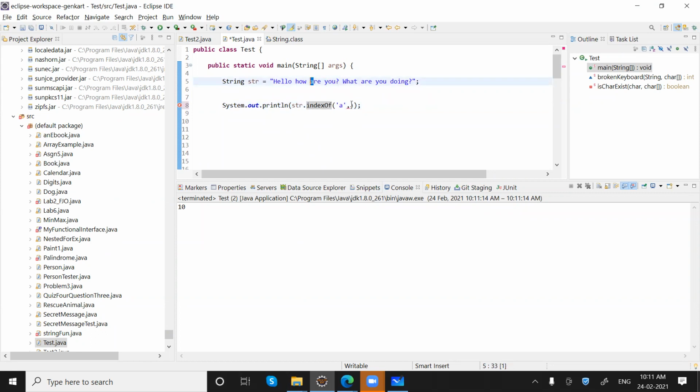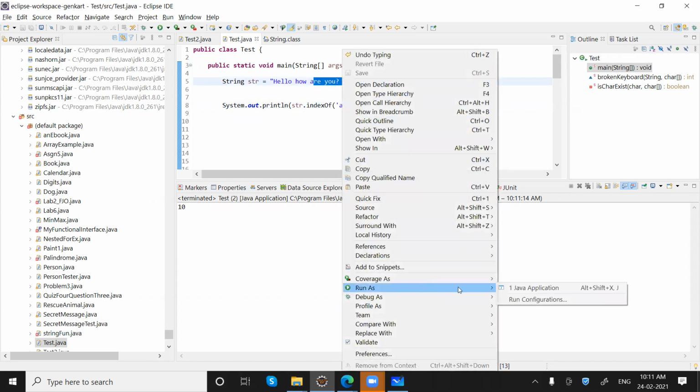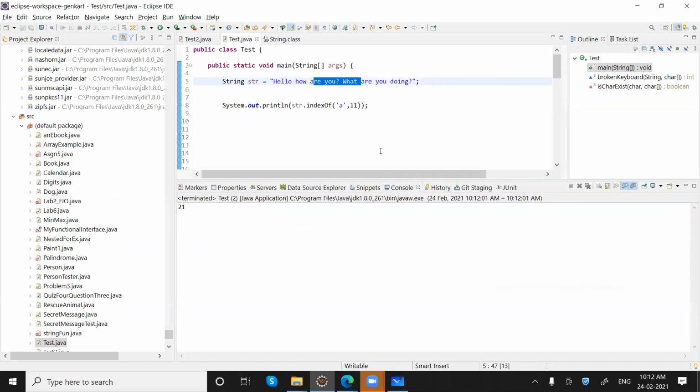I'm asking what is the next a after, let's say, 11. So it will not give me 10 now, it will start counting from this point. The next a we got at the 21st index. Getting my point?